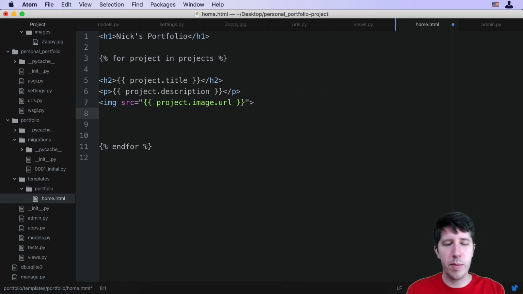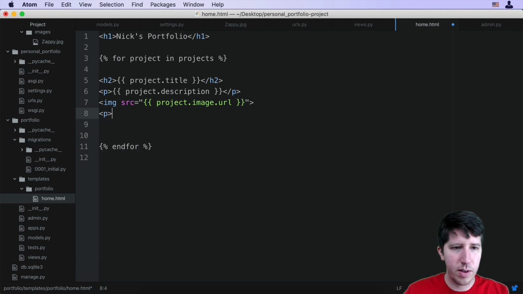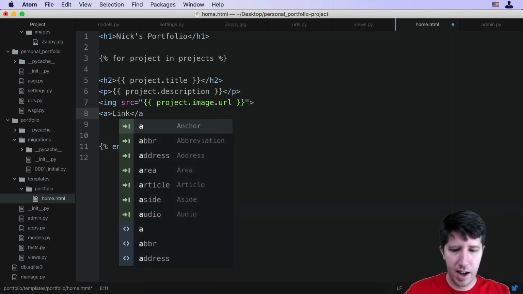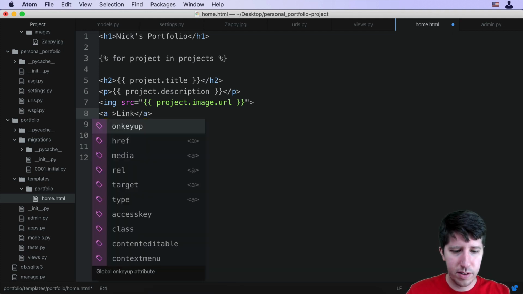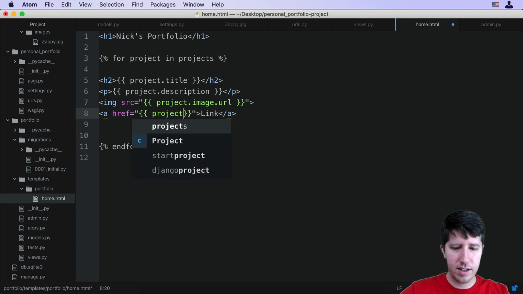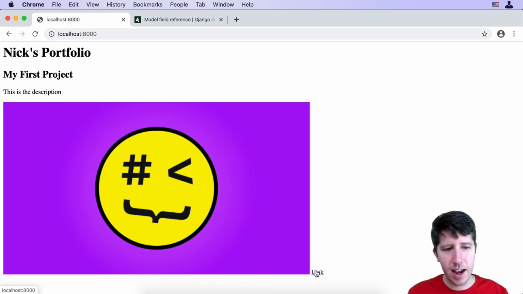And the last piece of information is the URL. So this is something that, you know, maybe we also put inside of it. Oh no, what we should do is an A tag so that we can actually go there. And I'll just put link inside of here, okay? And so the href on this, we'll say href is equal to, and then we're going to do the double quotes and say project.url. Okay, so we'll go ahead and save this, reload,